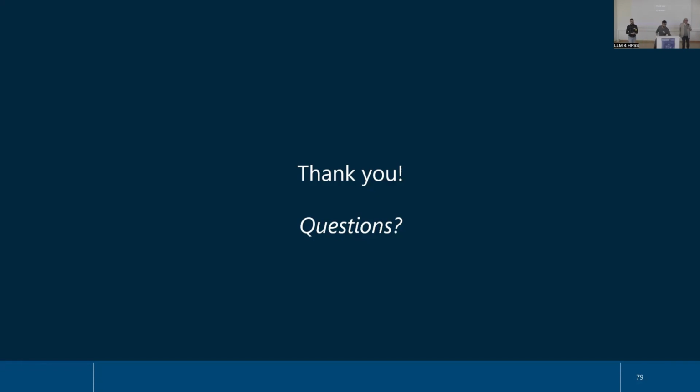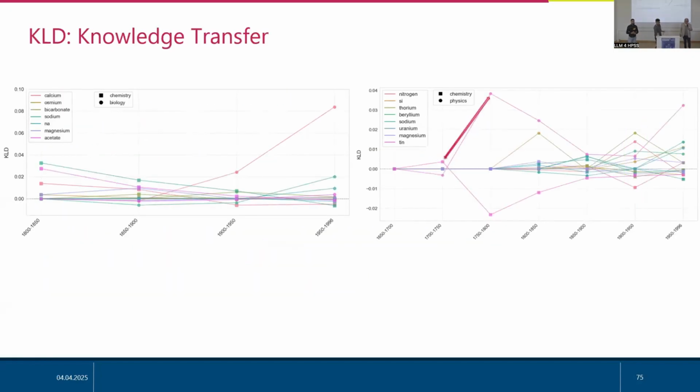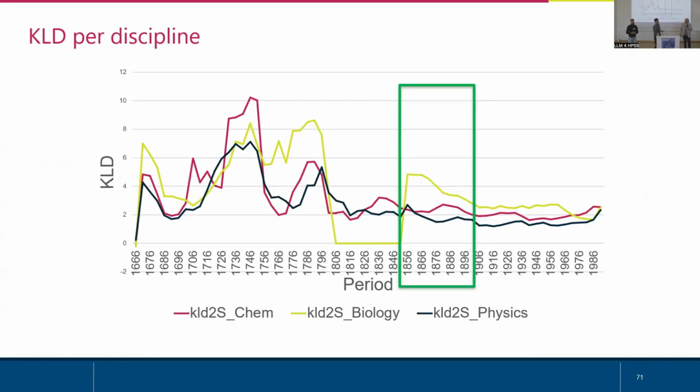Yes, 2. Thank you very much for the talk. I was wondering, you showed this plot where you compare the KLD in parallel, so you look at biology, chemistry, and physics. Have you tried doing it asynchronously? Keep a certain date and compare it to the other disciplines, to see, for example, whether the KLD might be smallest at a later time, indicating that the chemical space